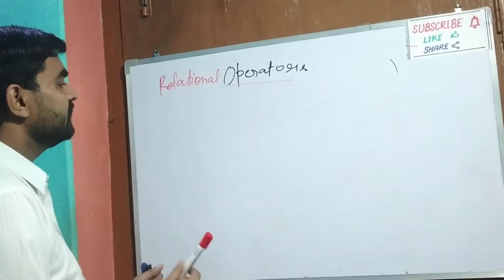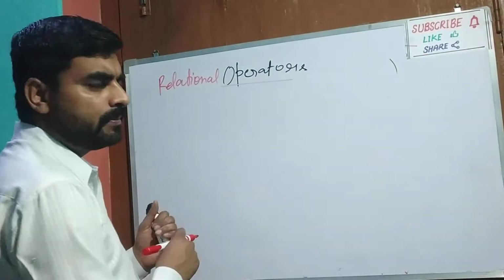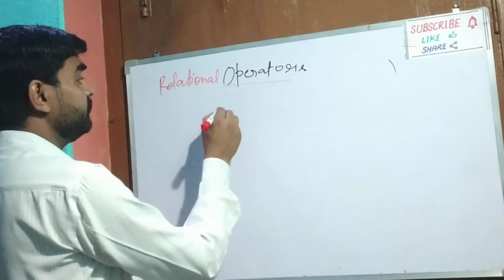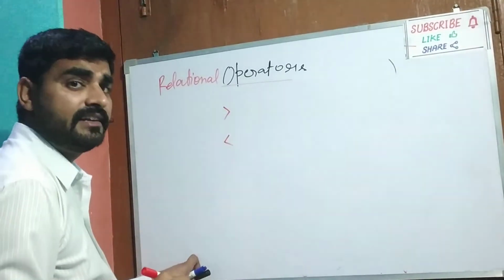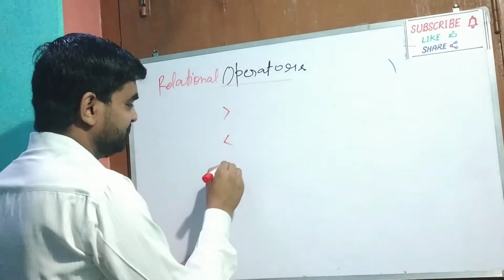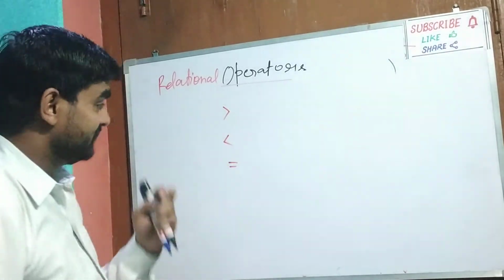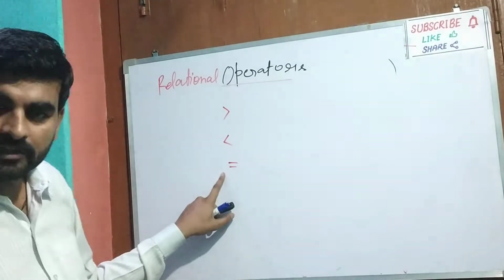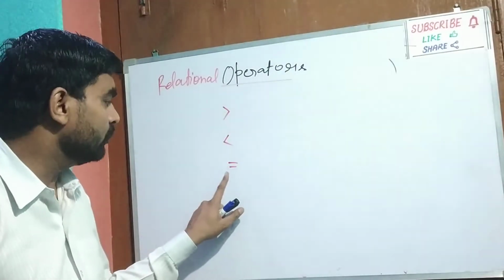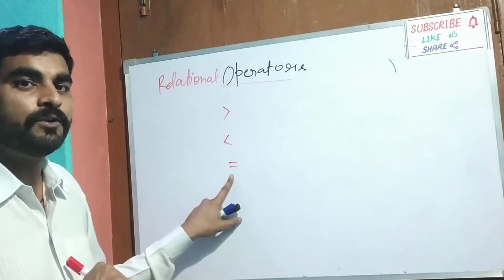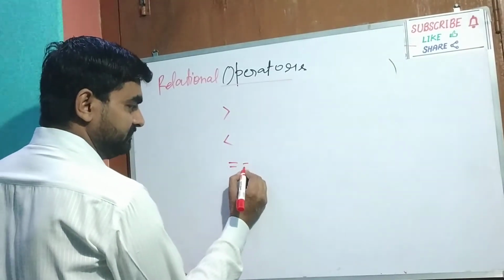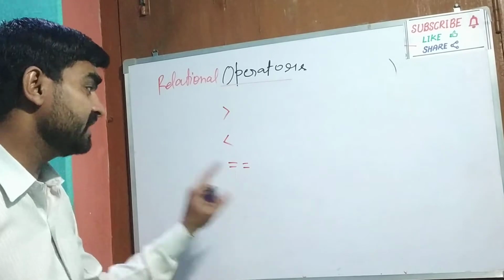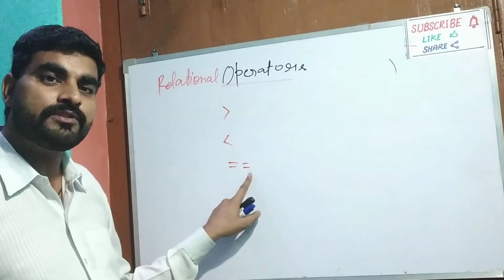Yes, there are 6 operators. First, you all know greater than, less than, equal to. Here I will stop. It is not equal to. Yes, students, it is the not equal to symbol in programming. Equal to is this one. Equal. It makes equal to. It is the equal to symbol.